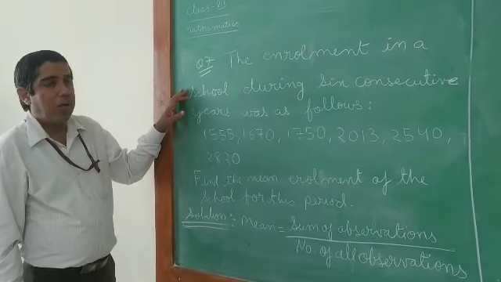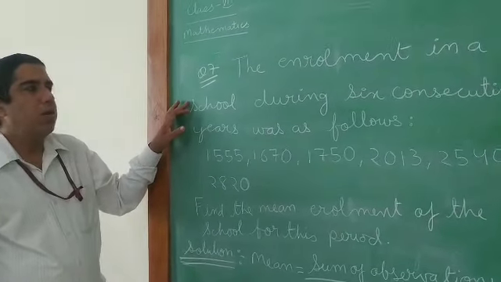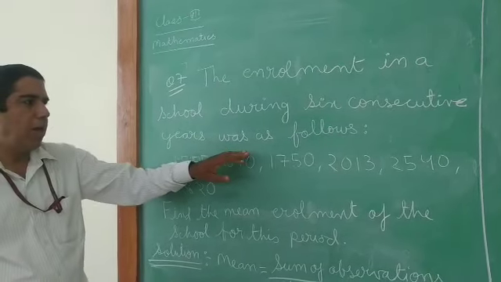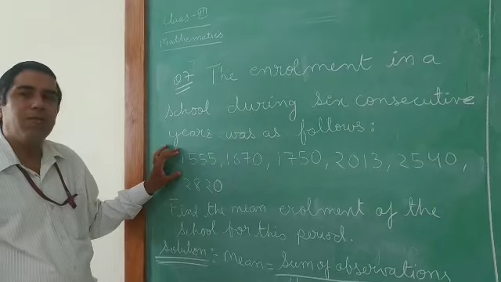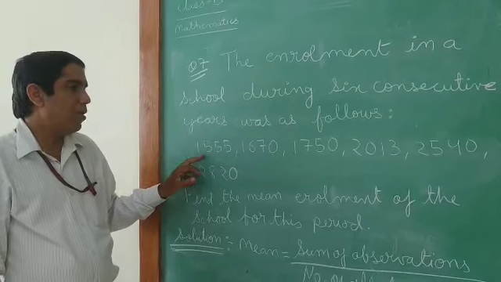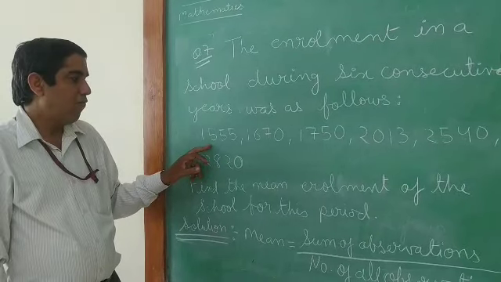Yes, now question number 7 of the same exercise 3.1. The enrollment in a school during 6 consecutive years was as follows. What is the meaning of enrollment? It is the number of students taking new admission. So it is given here. 6 years are given. So first year it is given